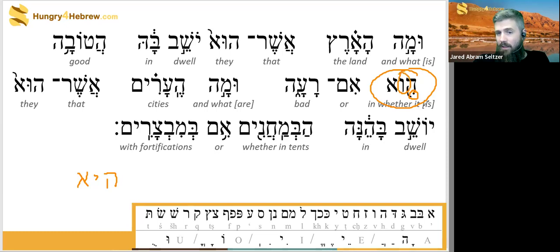Why there's a vav there is an issue of, that's how we say this. There isn't much agreement on where the vav comes from. It should have originally been huwa versus hiya, but then again in Hebrew, vavs and yods go back and forth so much that there must have been some dialectic issue where somebody put vav instead of yod, and so that's all we have to go on. Maybe it should have originally been hiya, and it turned into hiwa. But the scribes tell us to pronounce it as he.